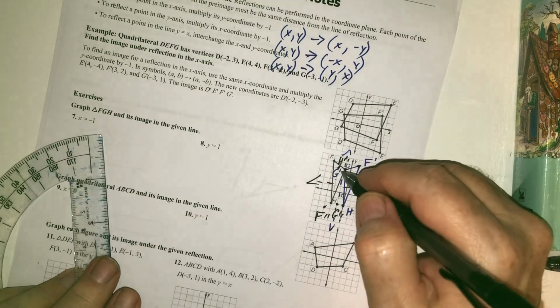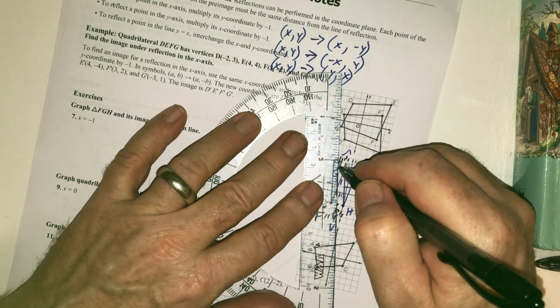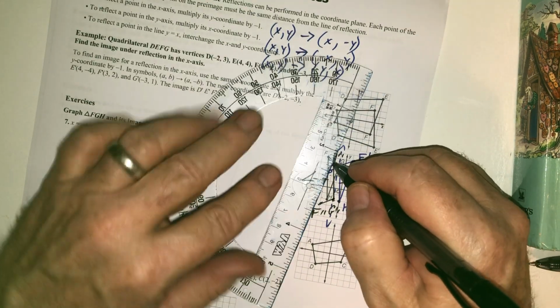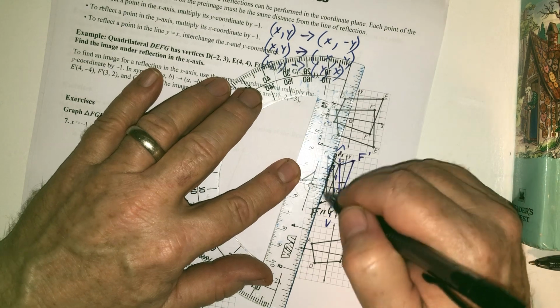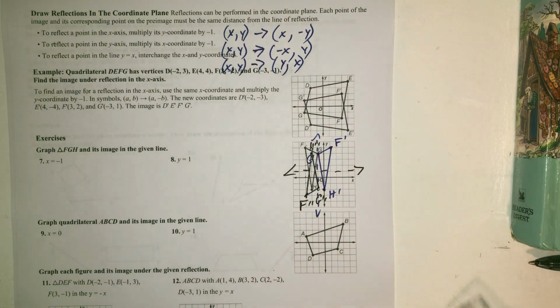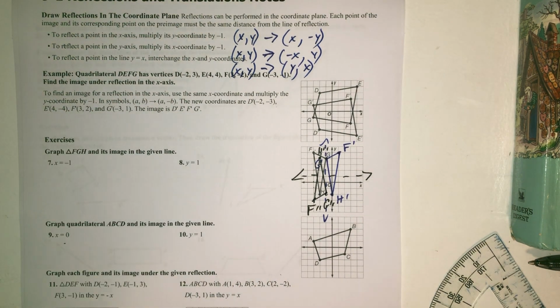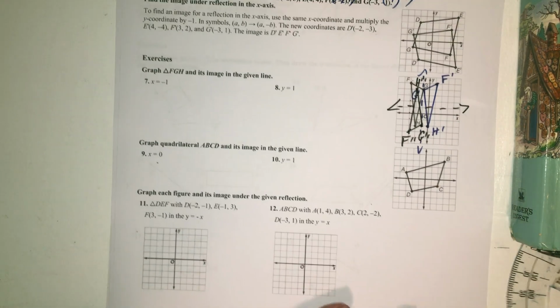And then we can connect H double prime with G double prime, G double prime with F double prime, and then F double prime back to H double prime. And there is the triangle FGH reflected about the line y equals 1. Okay, so we did 7 and 8. Let's go do number